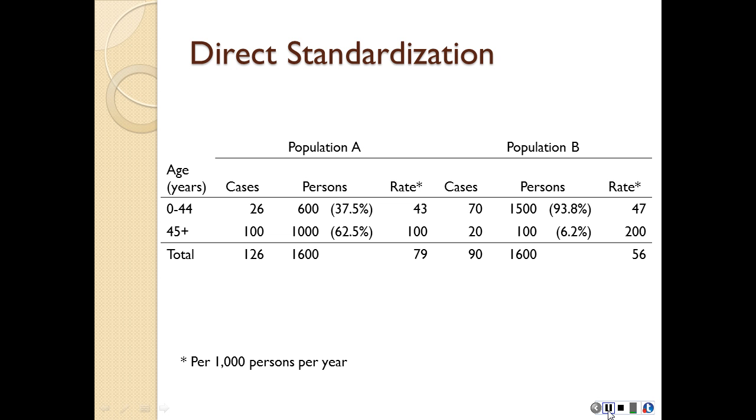What we want to do is calculate the rate of disease in population B, what the rates would look like if the population was distributed the same as population A. So if population B had the same age distribution as population A, we want to know would the rate of disease look the same. So in order to do that,